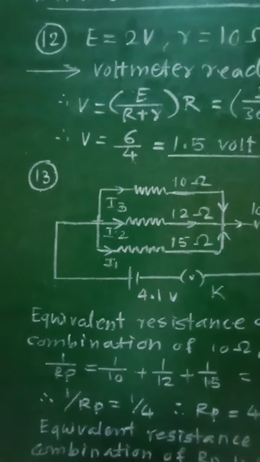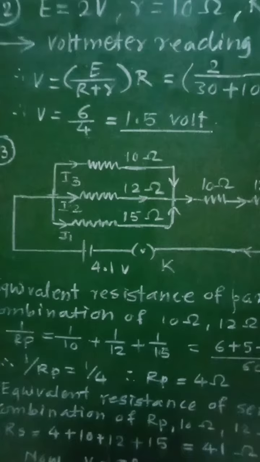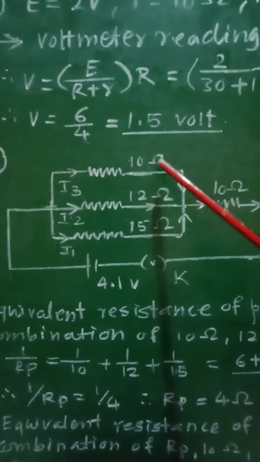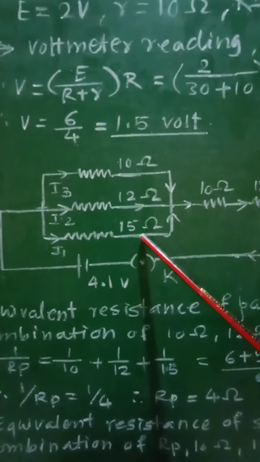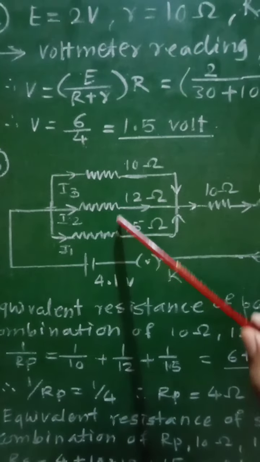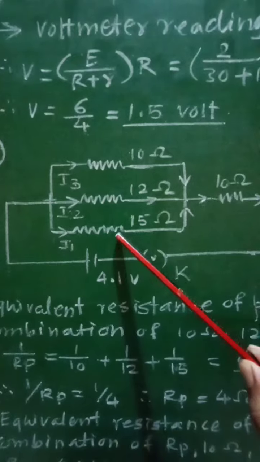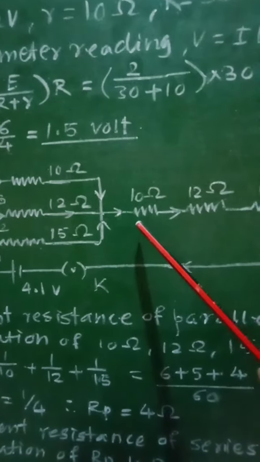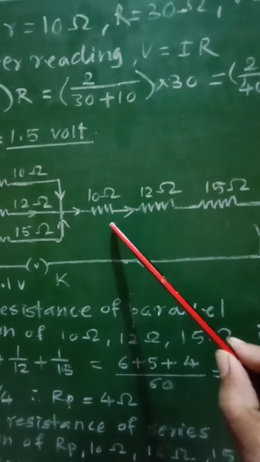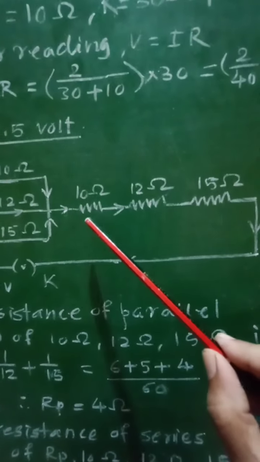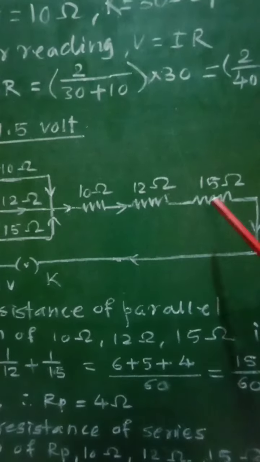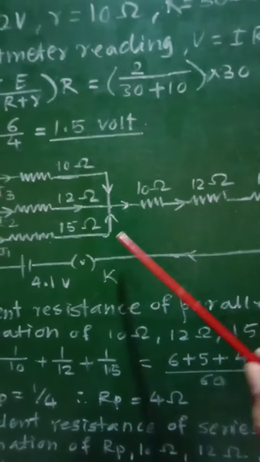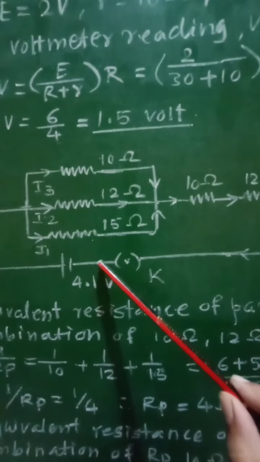drawing the current. Therefore, as per given information, the 3 resistances of 10 ohm, 12 ohm and 15 ohm will be connected in parallel with each other. Then this parallel combination of these 3 resistances will be connected in series with the series combination of the same 10, 12 and 15 ohm resistances, and then this parallel and series combination is connected to a cell of